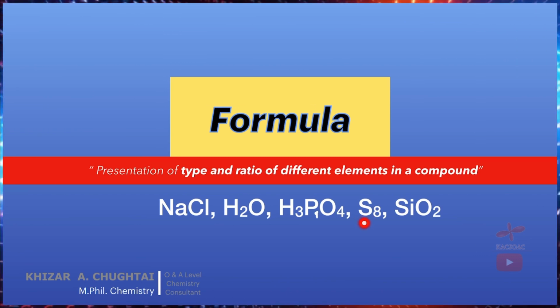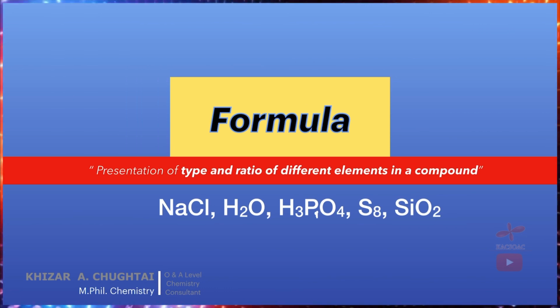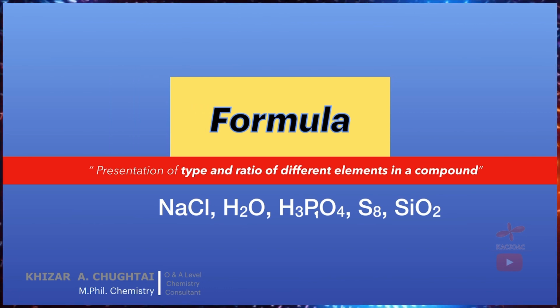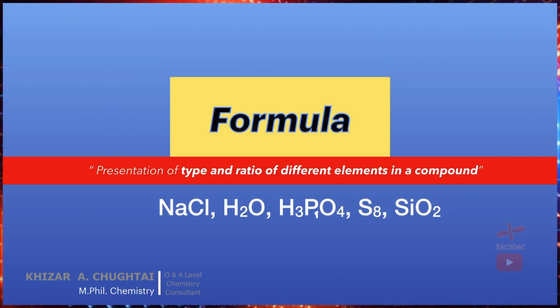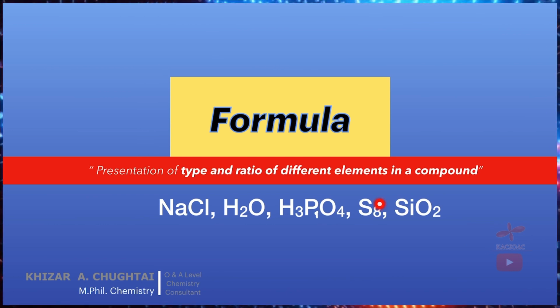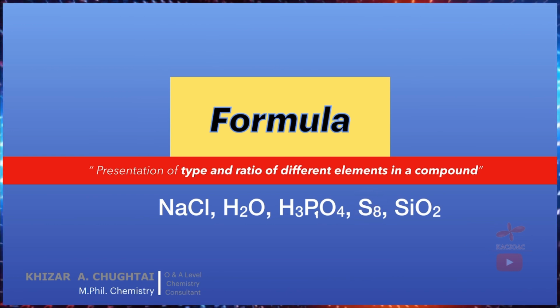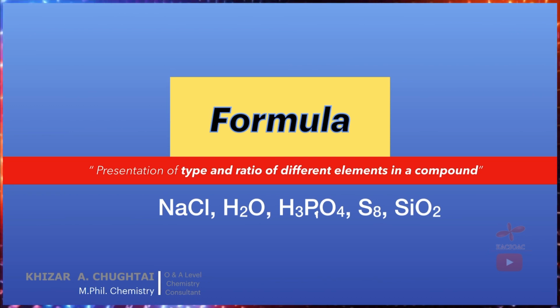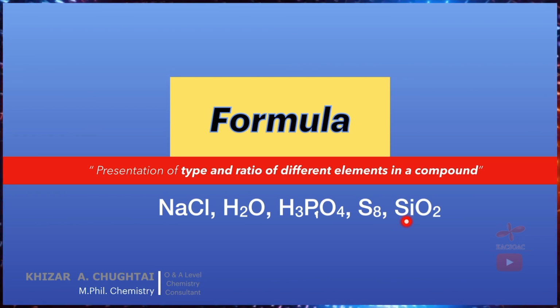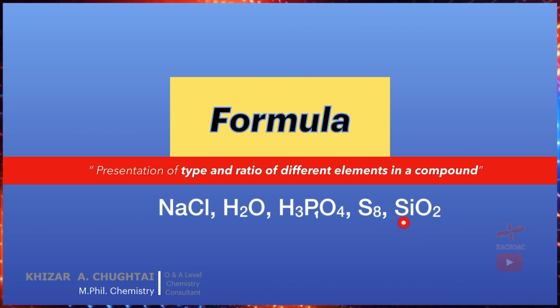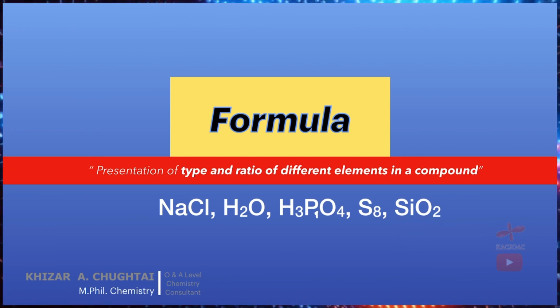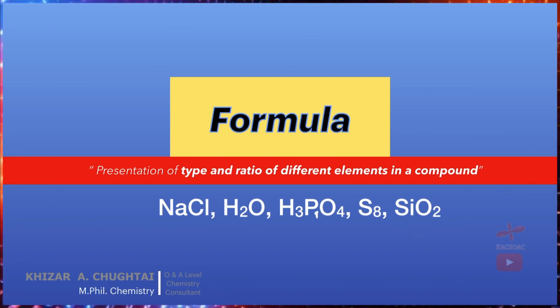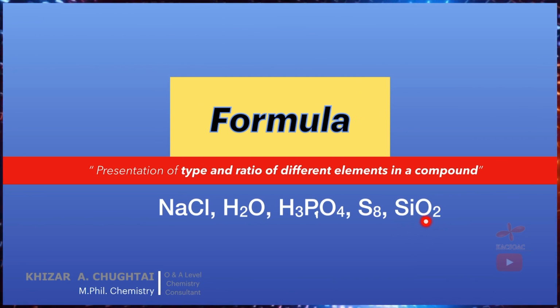S8, that is sulfur, that is again a simple covalent molecule. It is having the same type of element, 8, but all these 8 are sulfur. Next one is silicon dioxide. It's a macromolecule. And here are basically two types of elements, silicon and oxygen, and the